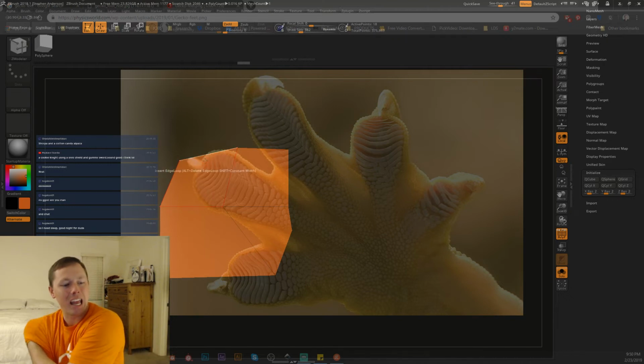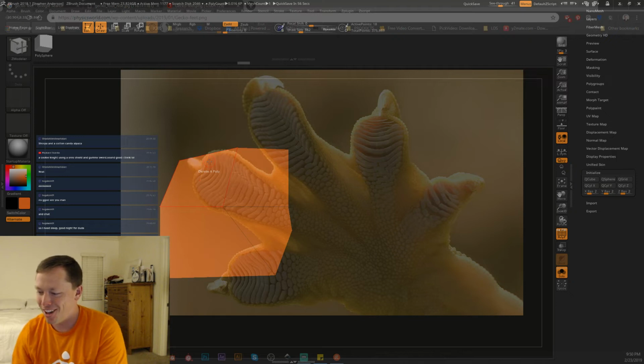Sherpa and a cotton candy alpaca. That's hilarious. Okay, even for nothing else, that is a really funny idea.